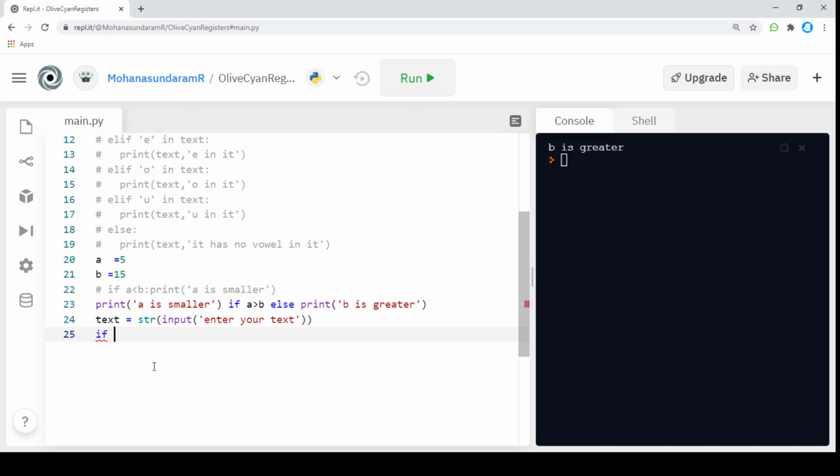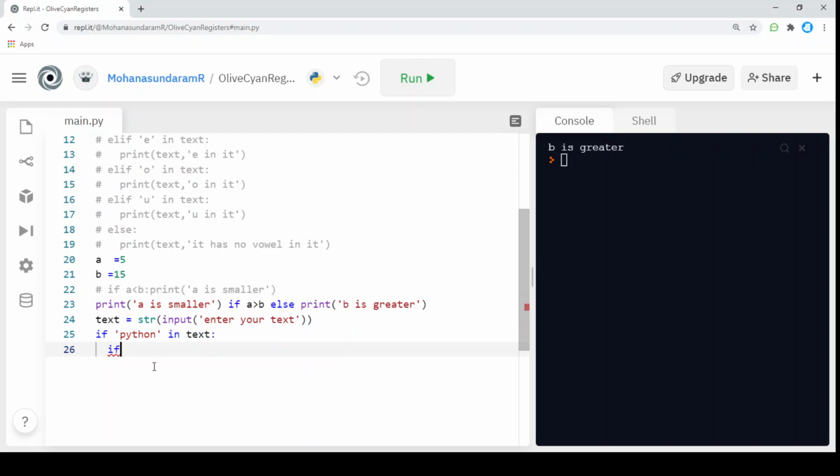I'm going to check the version of the programming language. I'm going to check whether the given text has a Python keyword in it. If the given text has Python in it, then I'm going to check the Python version. This is a parent condition.